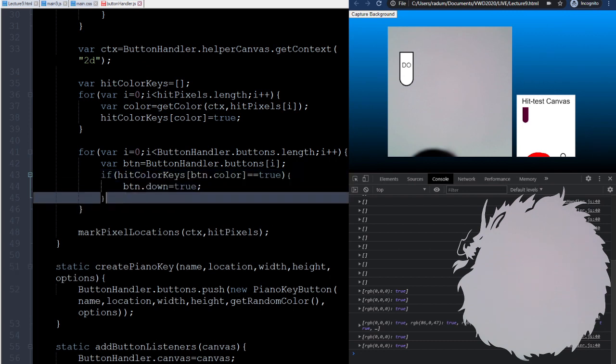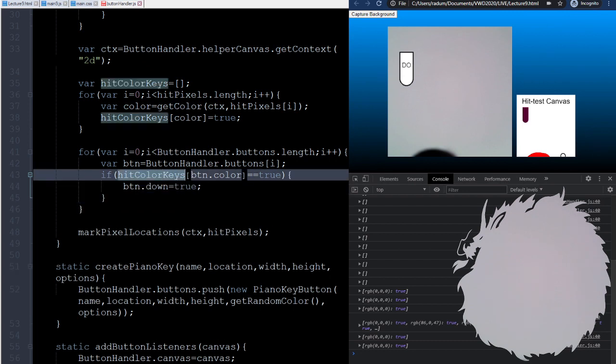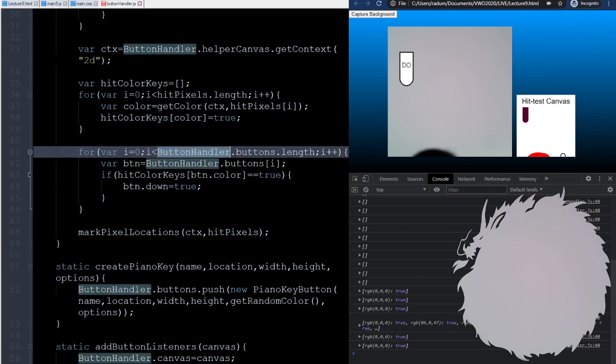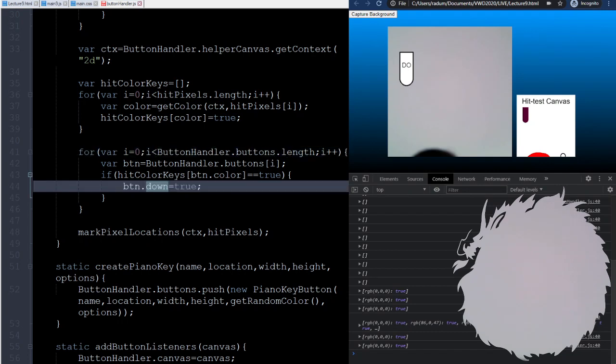So the idea is just that I have marked what are the colors that I am hovering in this hit test canvas. And then here I don't need to loop through this because this is a dictionary or this kind of hash map structure. So I can just check, is this true or not? And if it is true, then it means that this button is being hovered at the moment, and I can set its state to down. So I'm going to save this file, refresh the page,